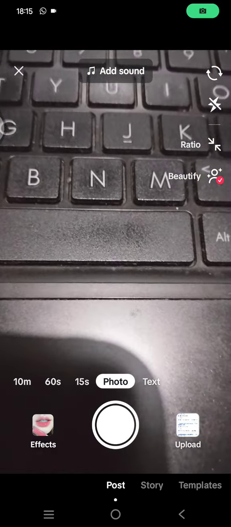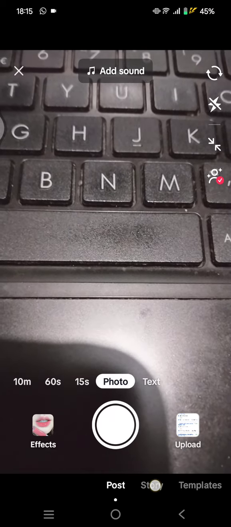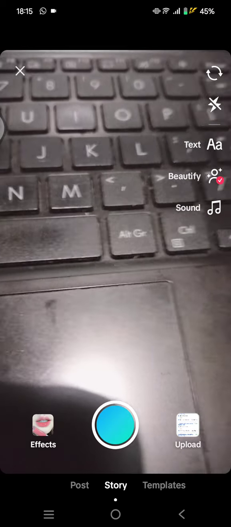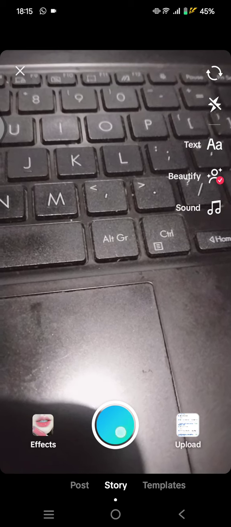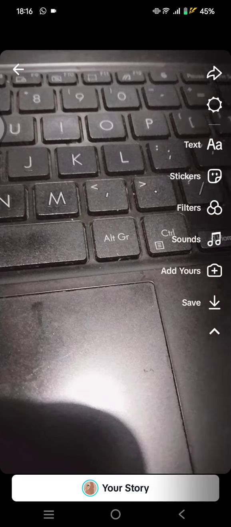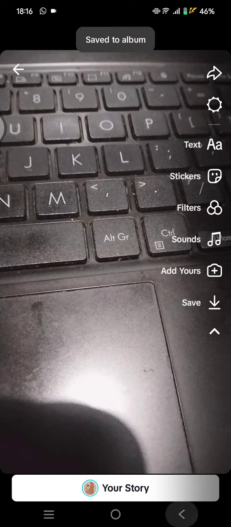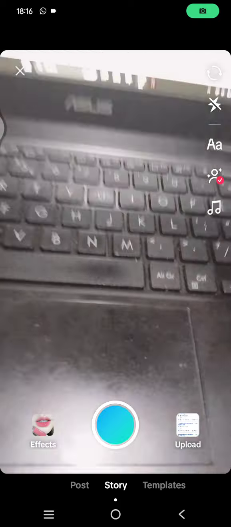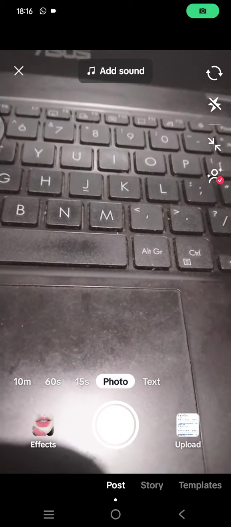Okay, so now you can go to this tab, or you can go to story, then just take a picture like that. And here if you want to save it, you can just click on this arrow down and there will be the save option. So that's the first option,